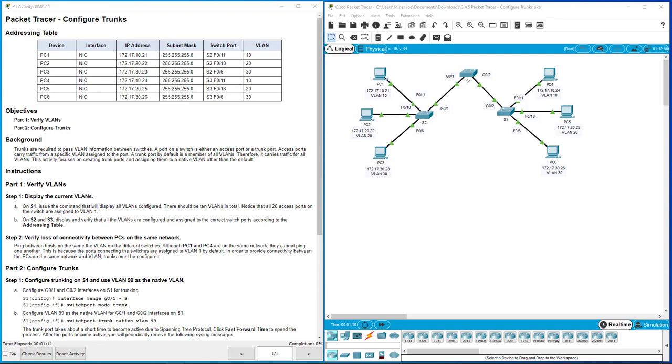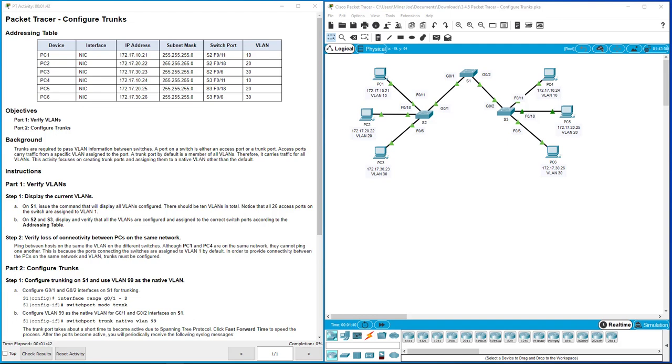The thing that was left out in the last video, where we put this together and we got 3 switches, and 2 of the switches are populated with PCs on 3 different VLANs, and then they're connected to an intermediary switch in between. What we needed to do at the end to make that one work was set up the gigabit Ethernet links on the switches for trunking. And we just did that really quickly. We just did switchport mode trunk. We're going to do the same thing in this one, but we're going to add in another element